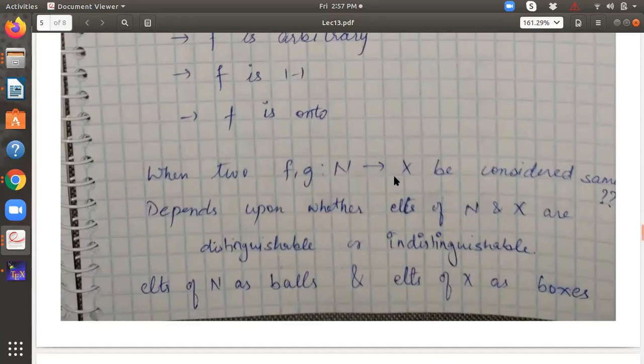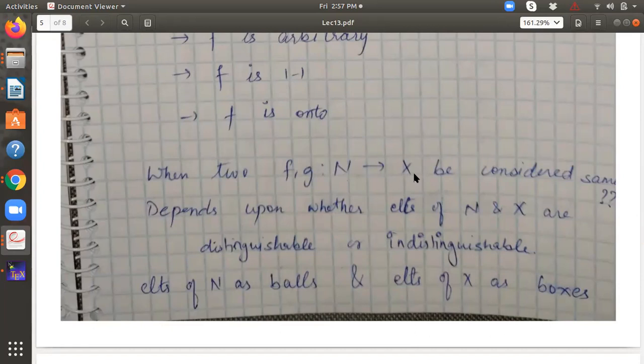So how many pairs are possible? Let's say distinguishable stands for D, indistinguishable stands for I. Then you could have a DD, DI, ID, or II. So there are four possibilities depending on whether the elements of n and x are considered